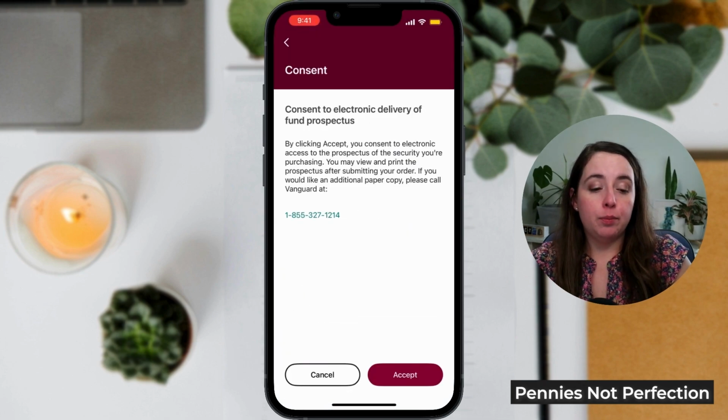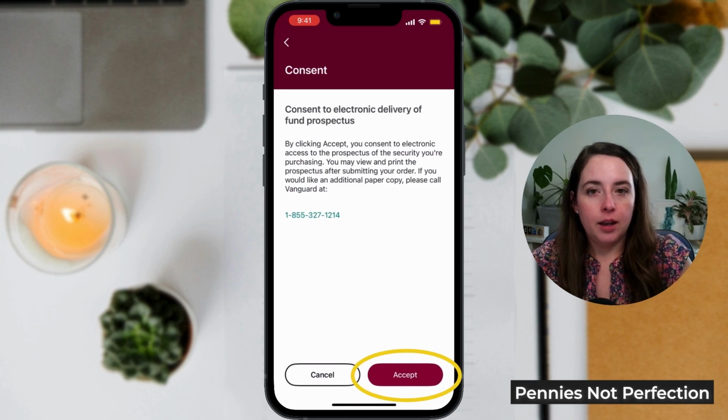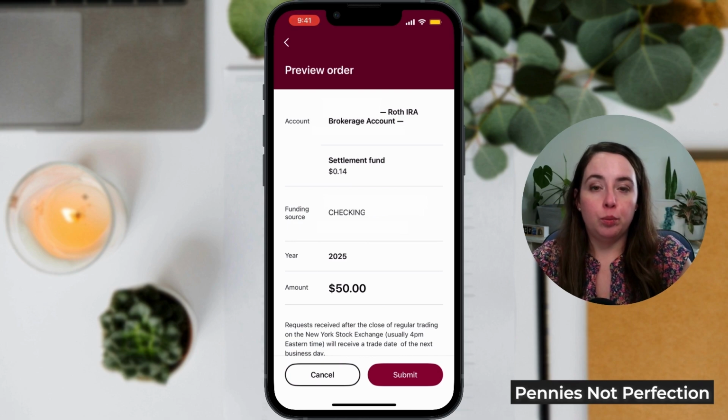After I click preview, it brings us up to a consent page, which is for the electronic delivery of a fund prospectus, which is a lot of words just saying that you consent to them electronically sending you the information that they previously would have to send you via mail. So if you want a paper copy, you can call them and ask for one, but basically you're just saying it's okay to send this delivery electronically. So click accept, and then we will be able to preview the order that we just put in to contribute